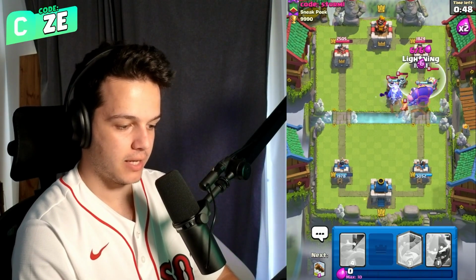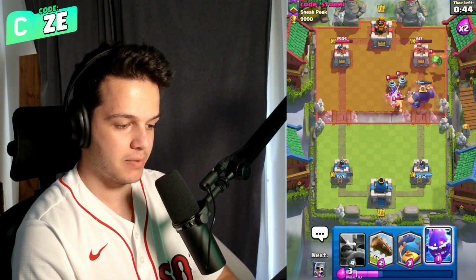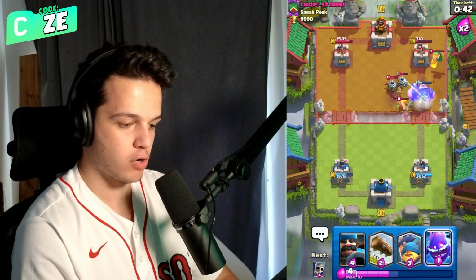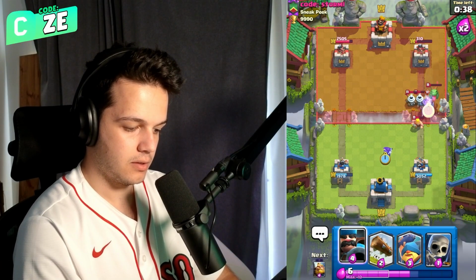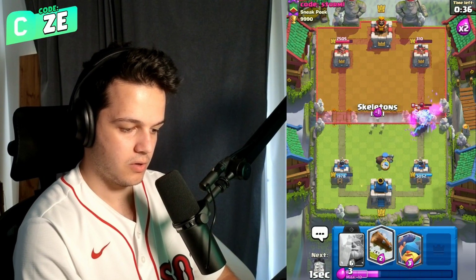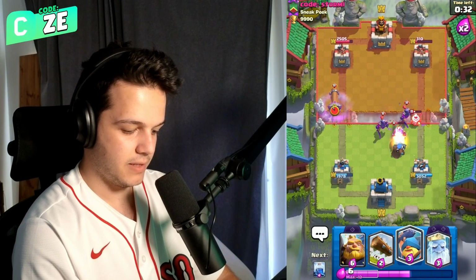Let's go ahead and throw that lightning down. Boom, boom, boom. Even that little Baby Dragon here going to have some trouble. And is that going to be tower? Okay. Okay, he's going to use his own evolution Royal Ghost. Let's try to...